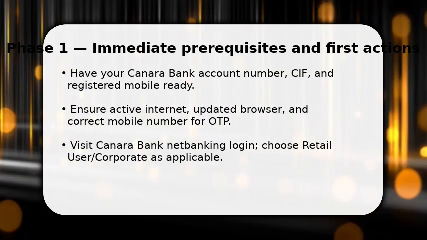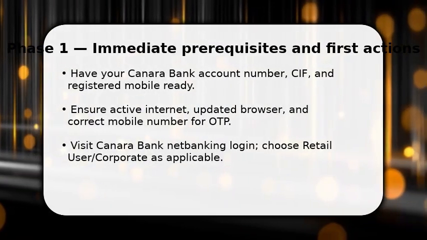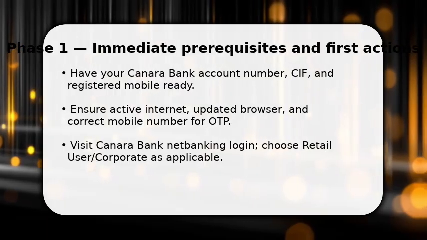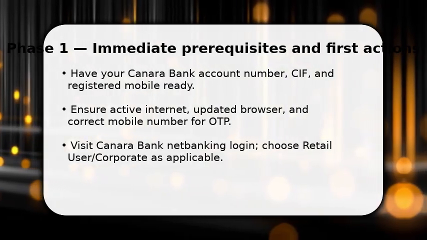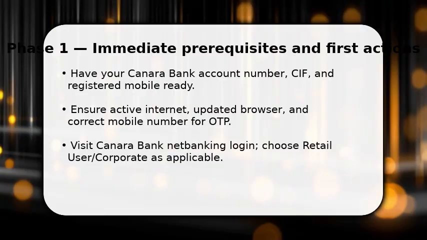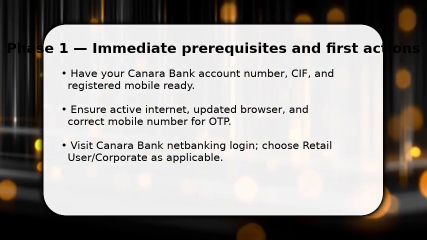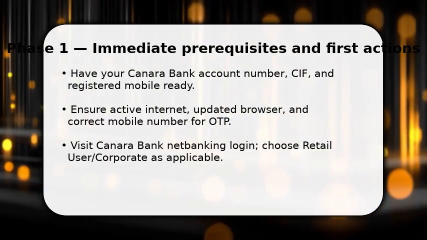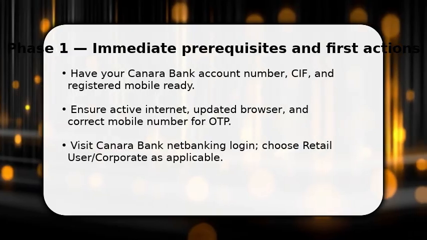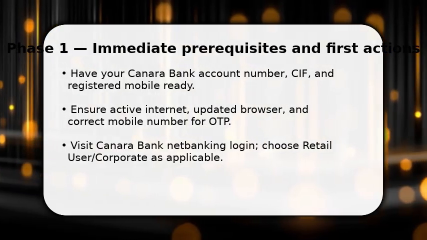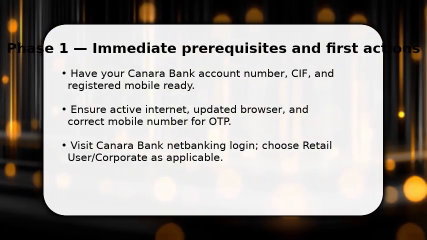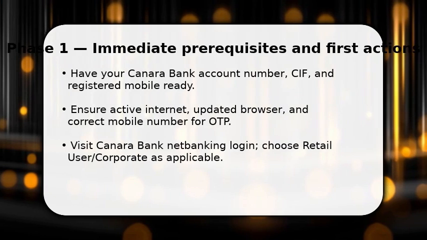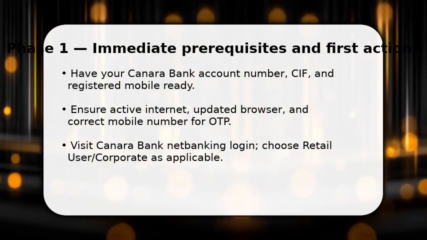You begin by confirming prerequisites: account number, SIF, and the mobile number registered with the bank, because OTPs and initial validation depend on them. Once ready, open an updated browser or the bank's app. Strong connectivity reduces timeouts. Click Retail User Login and enter your customer ID, then input the temporary or existing password. Make sure to accept any security prompts, and when prompted, type the OTP received on your phone to authenticate and